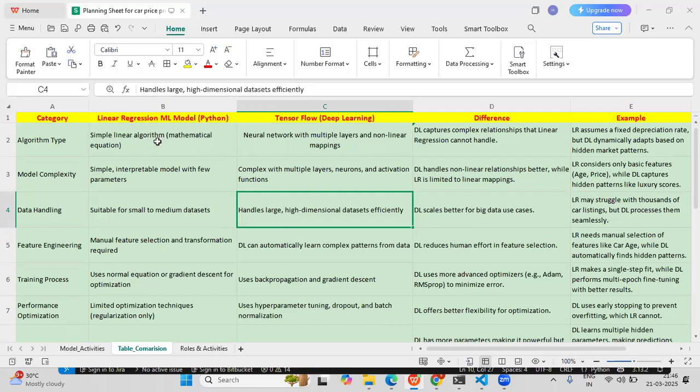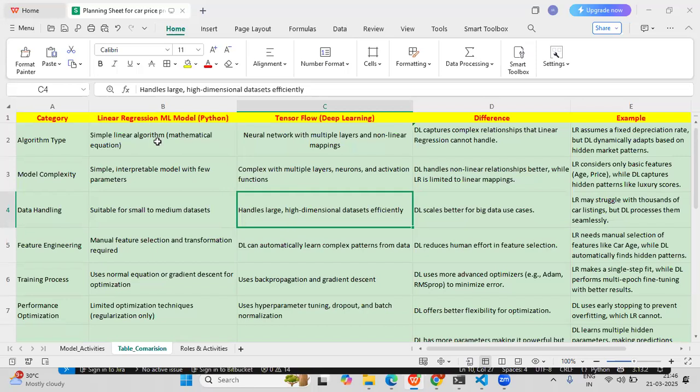Here in the linear regression ML model, we are using a simple linear algorithm, the mathematical equation that we already know, y = mx + b. Whereas in TensorFlow deep learning, the algorithm contains multiple layers, like input layers, hidden layers, and output layers.